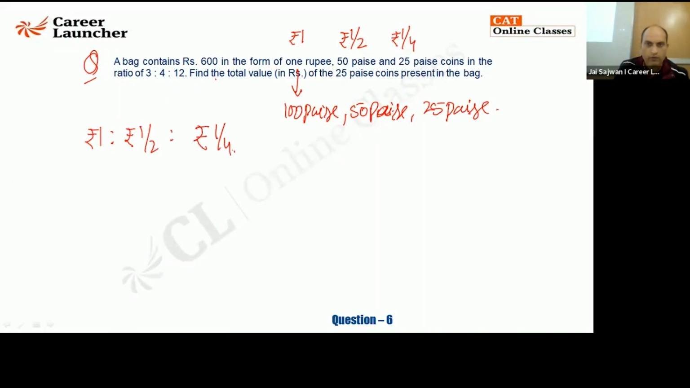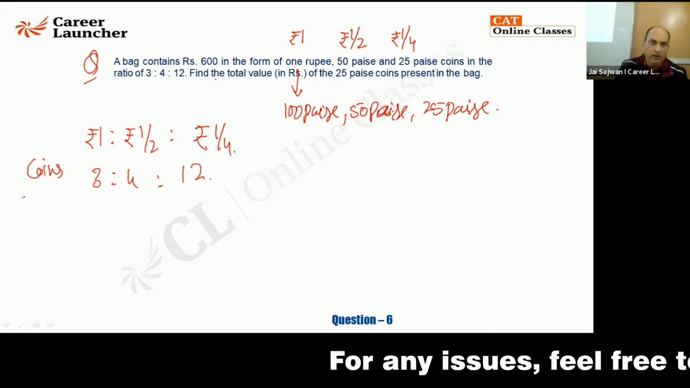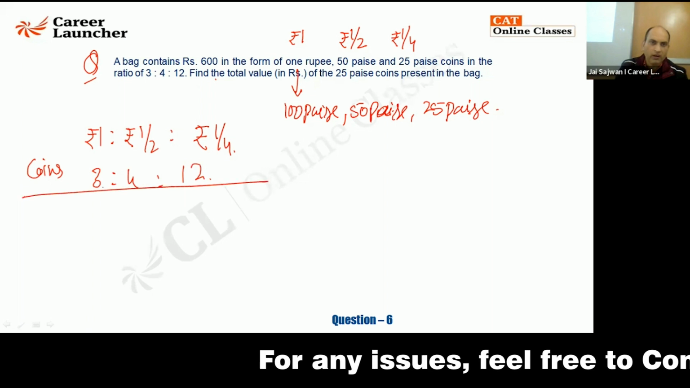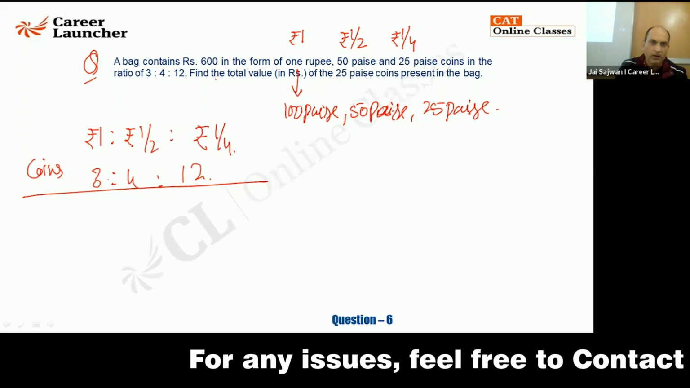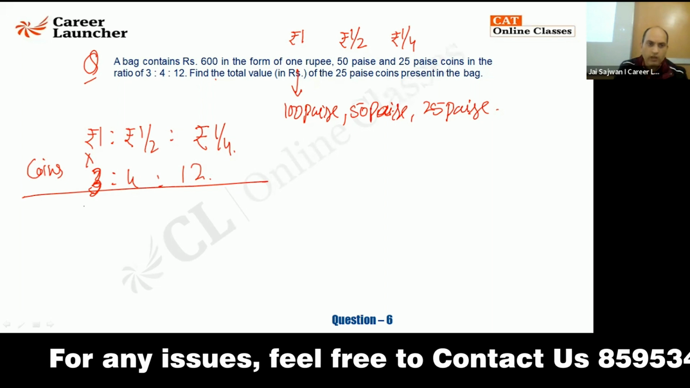You got 1/4 of a rupee. The coins that you are getting here, 1 rupee coin, 50 paisa coin, 25 paisa coin, the ratio of that is 3:4:12. I don't know how many coins are there, but there will be 1/4 rupee coin. If you are going to get 3 coins of 1 rupee, I'll say,